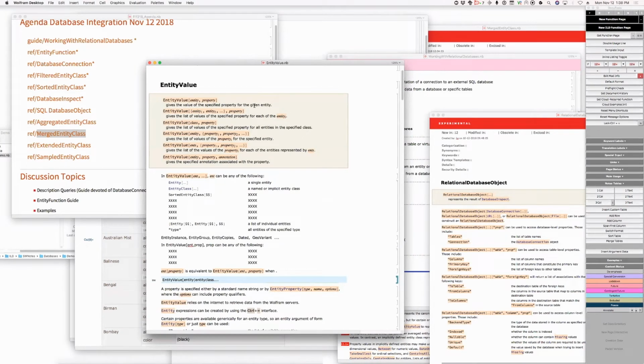Yeah, so, well, dated can be wrapped around an entity class as well, right? Yes. No, but I'm saying in terms of the value that comes out, a certain set of things will give a single value and other sets of things will give a list of values. Yes, except for the wrappers like dated, in which case it depends on what is wrapped. I understand. Okay, so